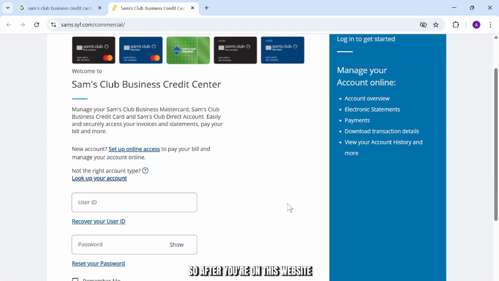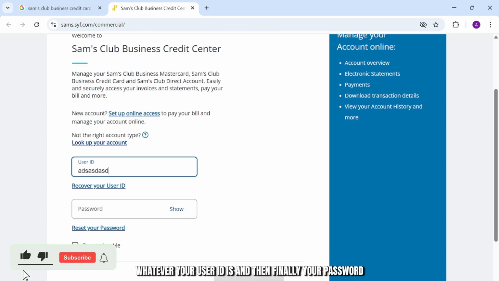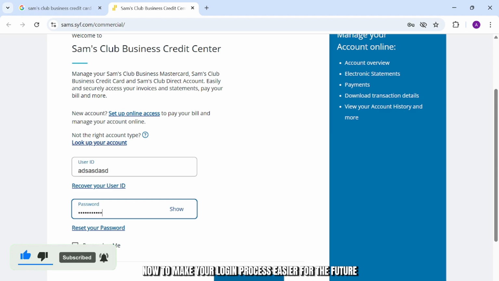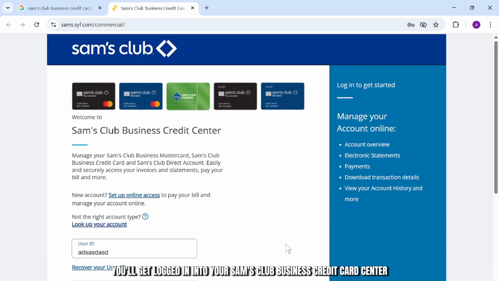After you're on this website, all you have to do is enter your user ID, whatever your user ID is, and then finally your password. Now to make your login process easier for the future, check this box called Remember Me and then tap on Login. After you do that, you'll get logged in into your Sam's Club Business Credit Card